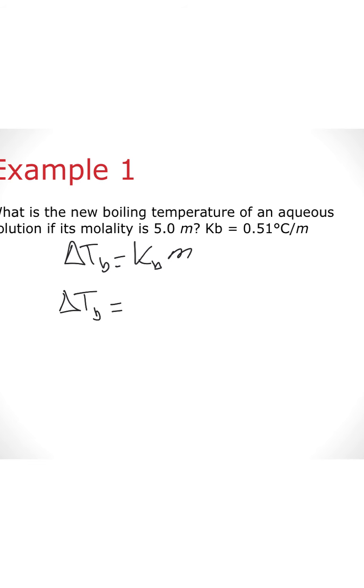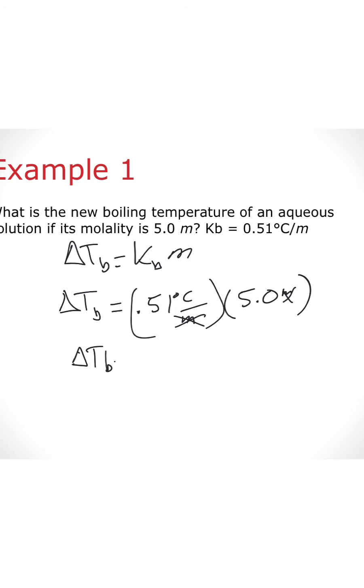KB is 0.51 degrees Celsius over molal times the molality, which is 5.0. The molal cancel out with each other because one is on top, one is on the bottom. And I grab my calculator, go 0.51 times 5, and I get delta TB equal